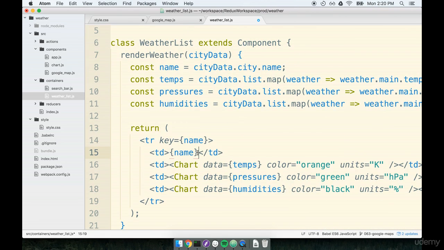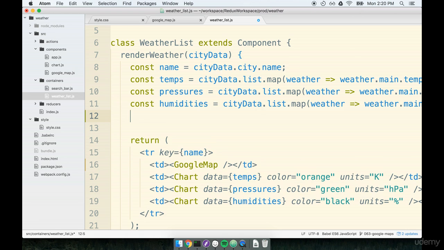And then inside of this TD right here, rather than showing the name, I want to show my Google Map component that I just created. Now, as I just mentioned, we have to pass in the longitude and latitude into that component. Again, the city data object that we got back from the Weather API will provide that longitude and latitude for us. So we can get a reference to both of them by saying const lon